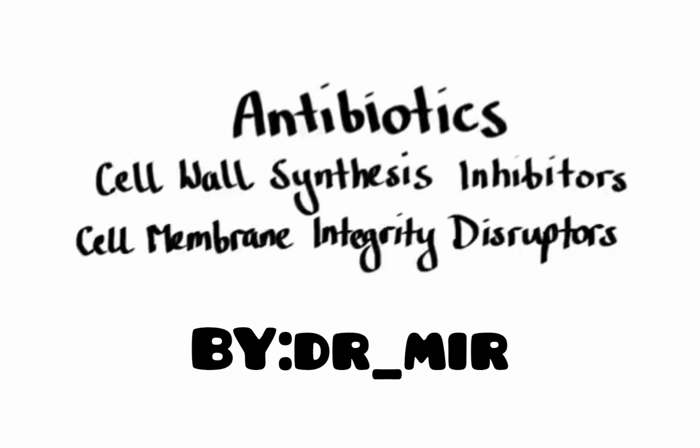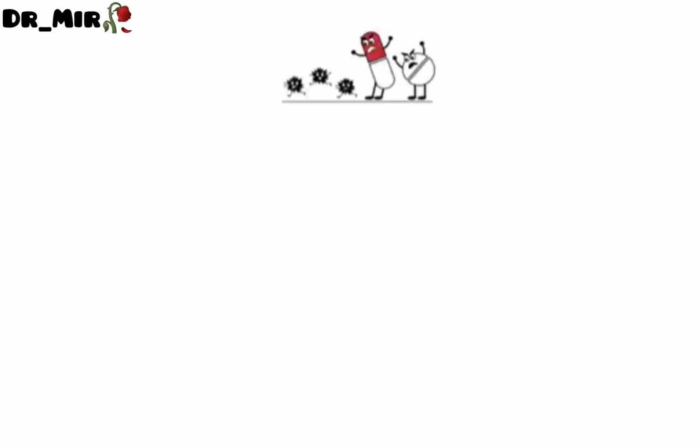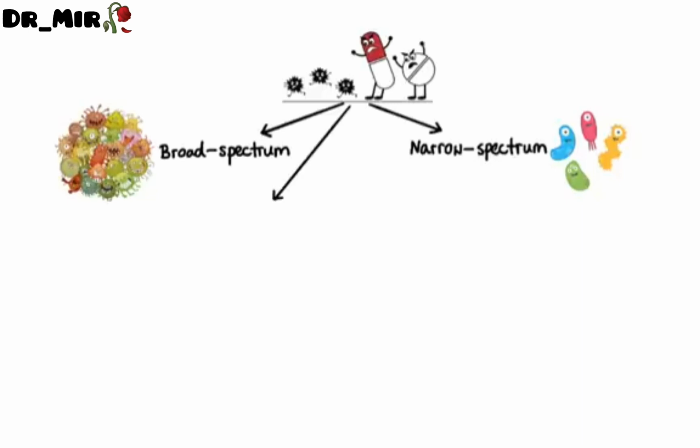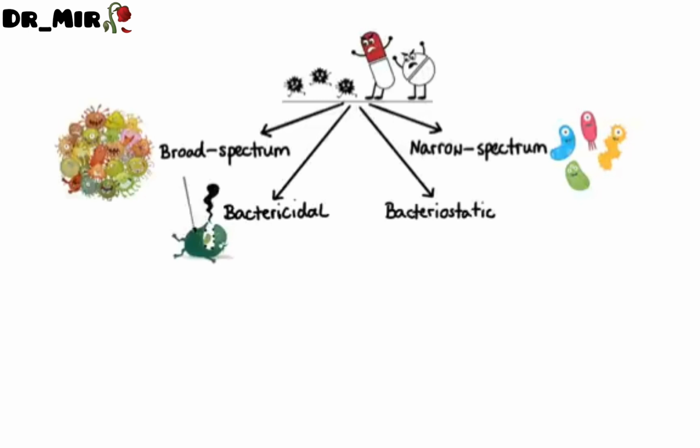So, antibiotics are broadly defined as chemical agents that kill or inhibit the growth of microorganisms. Antibiotics may be classified as broad spectrum, meaning they act against a wide range of microorganisms, or as narrow spectrum, meaning they act against very few types of microorganisms. Furthermore, antibiotics may be categorized as bactericidal, meaning they kill bacteria, or as bacteriostatic, meaning they only stop bacteria from